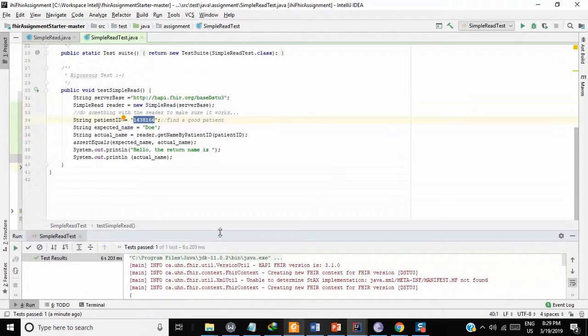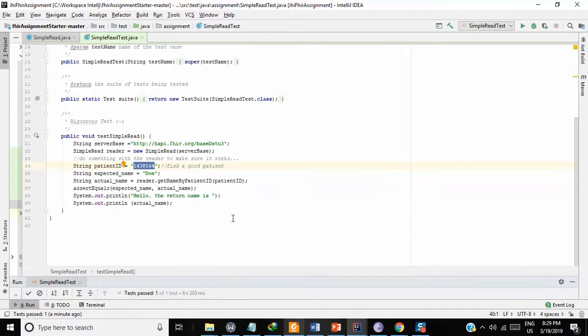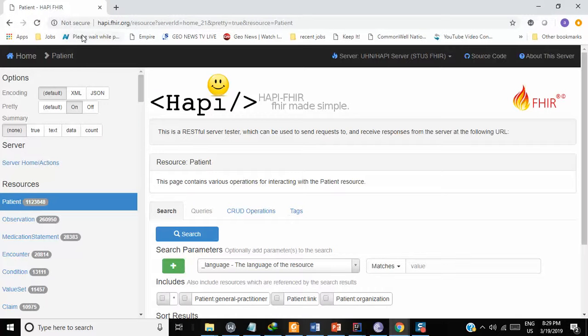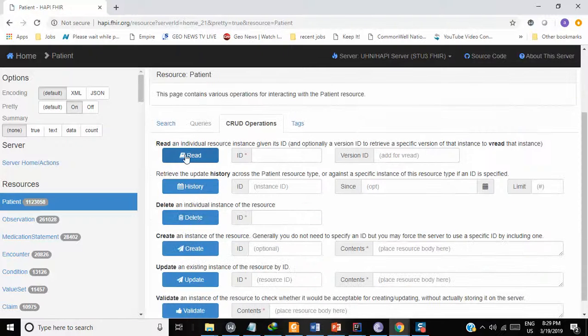Now let's verify that the patient information which I have retrieved from the FHIR server aligns with the information present on the server. So I have this HAPI FHIR server. This is the online version of the HAPI server. To check that, I'm going to go to this CRUD operation, and at this read operation